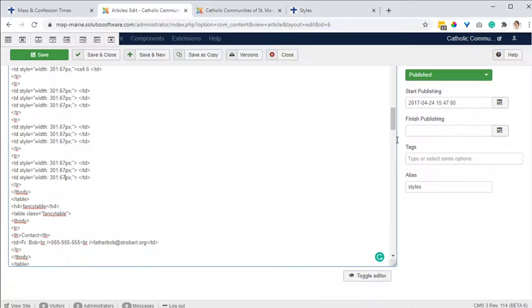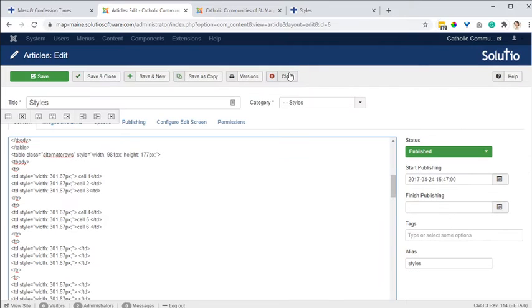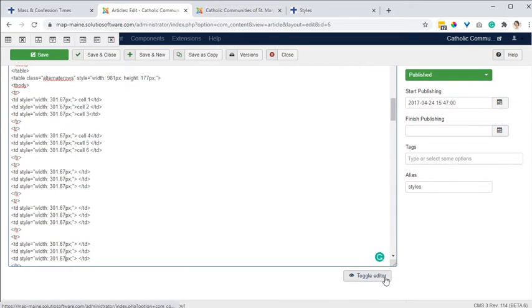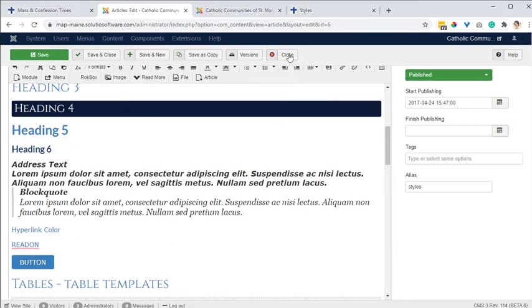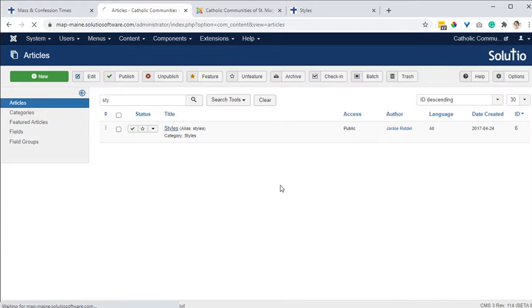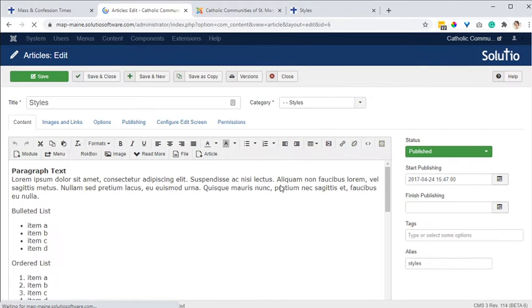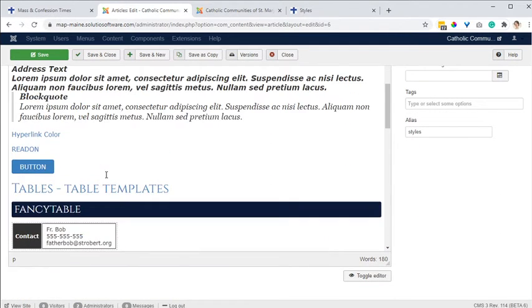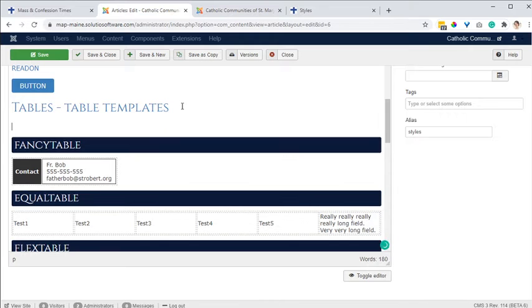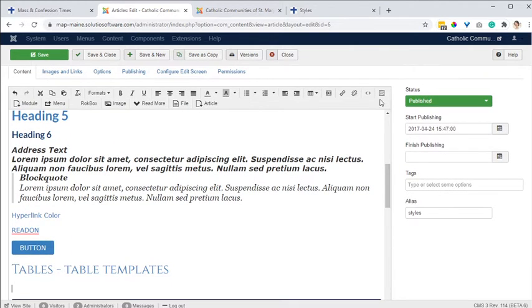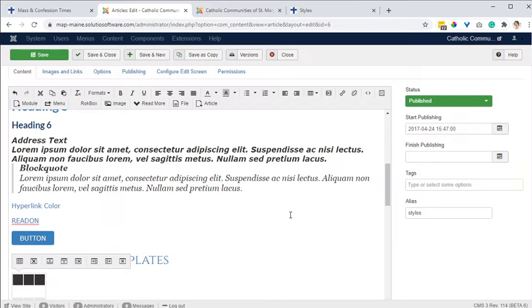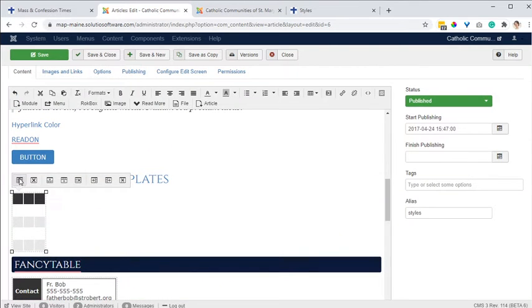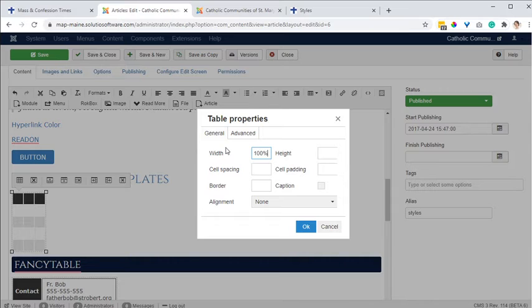I am not going to save that article, even though I wanted to share with you, or wanted to test the alternate rows one. I think at this point it's going to be easier for me to close without saving, and then go back into my article and re-add it again. So thank you for your patience. I guess I can use this one as well,